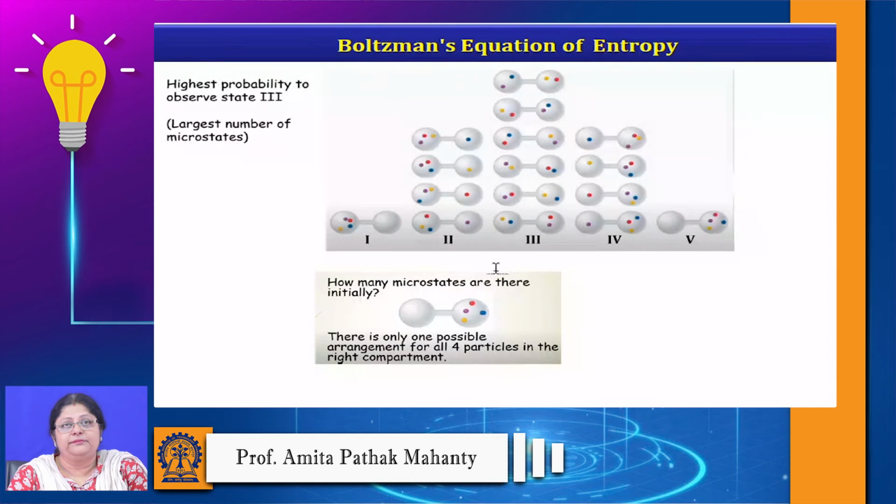So if you are increasing the number of molecules, you are indirectly increasing the possibility of their arrangement. Each of them is a microstate. So their number of microstates will be increased much, though they may be equivalent. Suppose you have